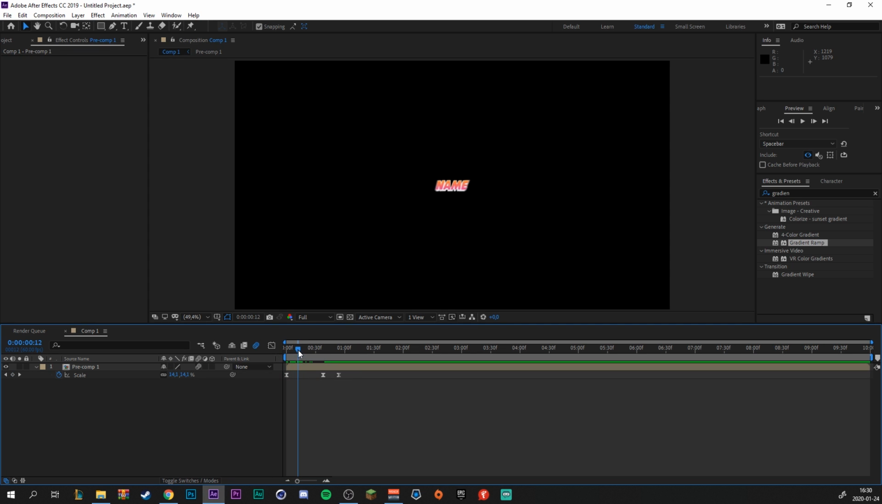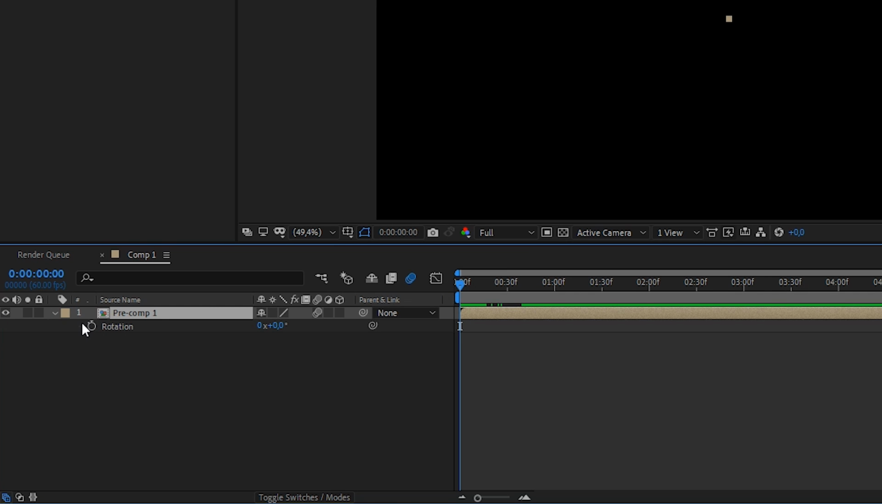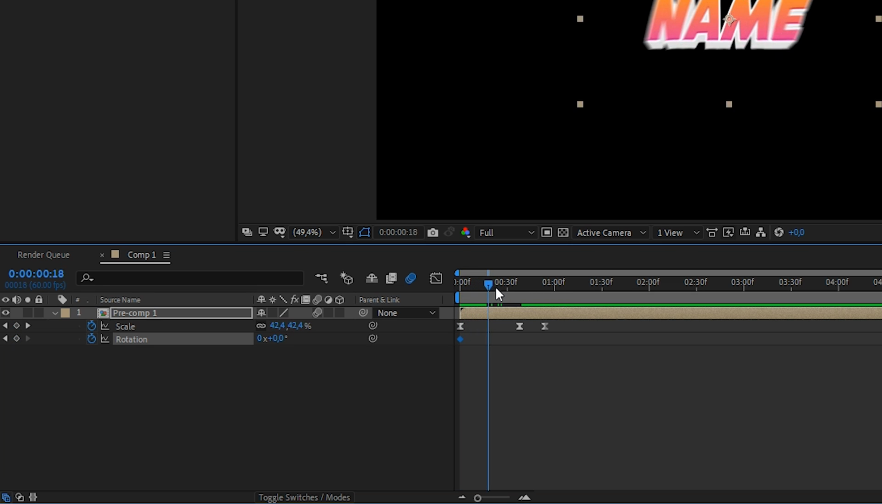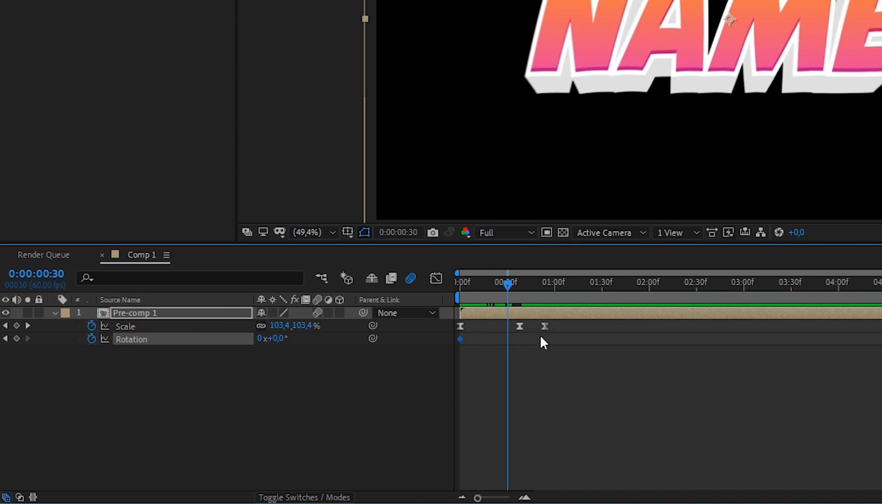So next up, I think I want to add a little bit of a rotation to our text. So just press R on the keyboard to bring up the rotation properties. And at 0 seconds, make a keyframe for rotation. Then we can press U on our text layer to see all the keyframes we made. Move forward to about where the scale animation's second keyframe is, so about right here, and put the value of the rotation at 1. So now the text has rotated